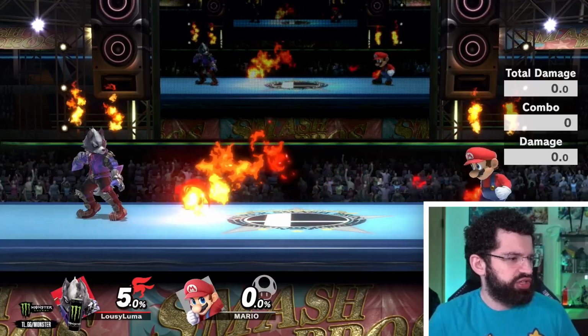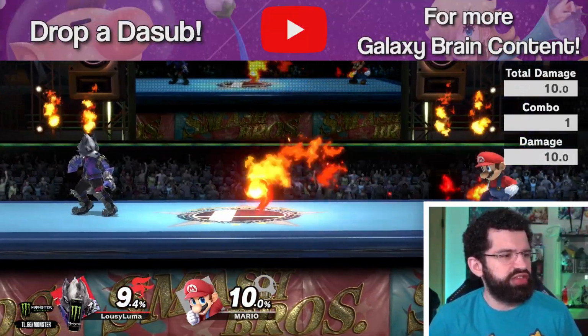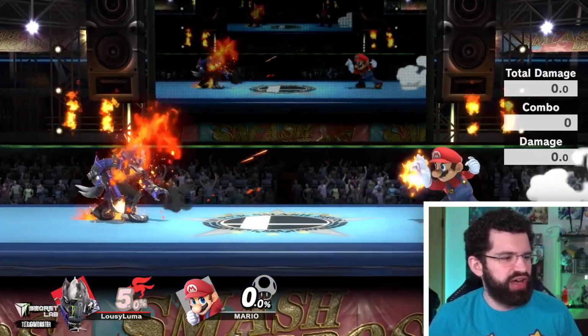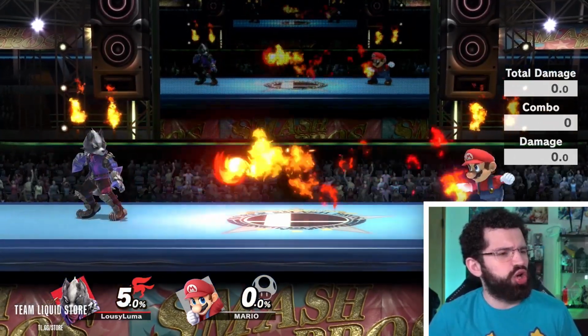A lot of these types of projectiles have very low damage. Like Mario's Fireball is 5 damage, right? Meaning if you can trade, like with a transcendent projectile, that's amazing. See, I take 5, I deal 10. Super good trade for me. Wolf Laser, Rob Laser, pretty much lasers, or just some other way to trade damage, it's almost always worth it